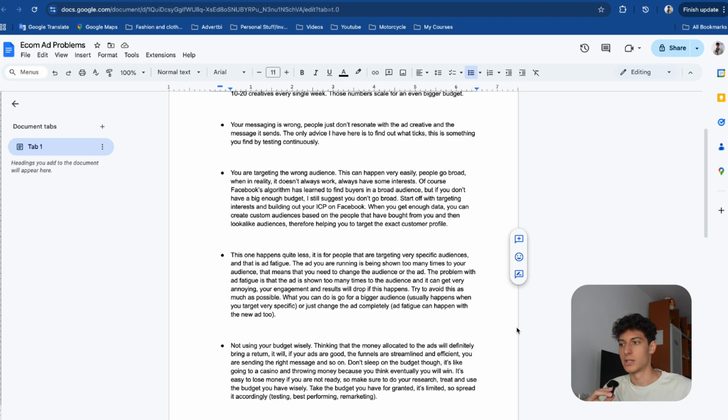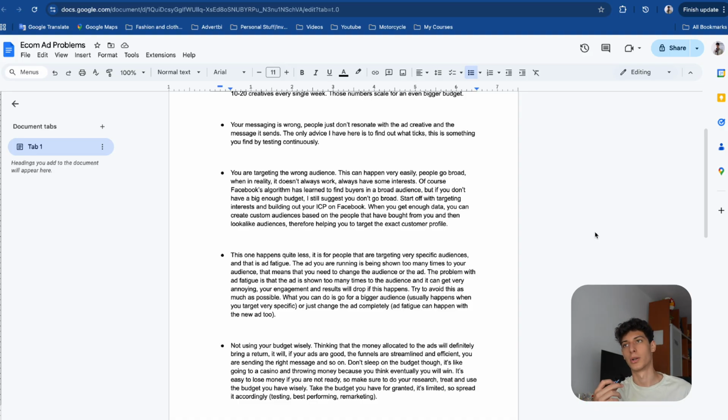Problem 3: you are targeting the wrong audience. A lot of e-commerce brands go broad, and in reality, it doesn't always work, in my opinion. I always like to add some interests. Of course, Facebook's algorithm has learned to find buyers in a broad audience. But if you don't have a big enough budget, I still suggest you don't go broad, because of exactly what happens